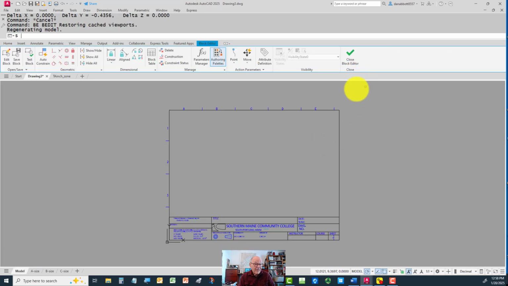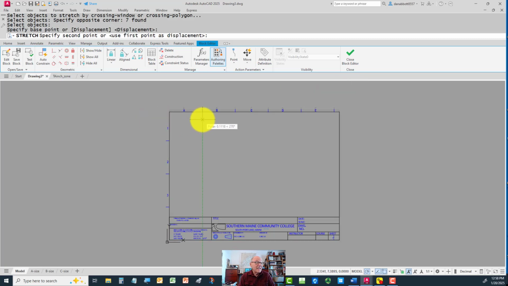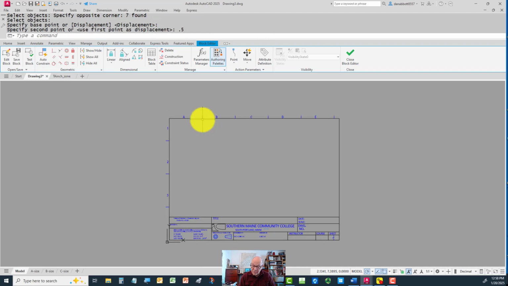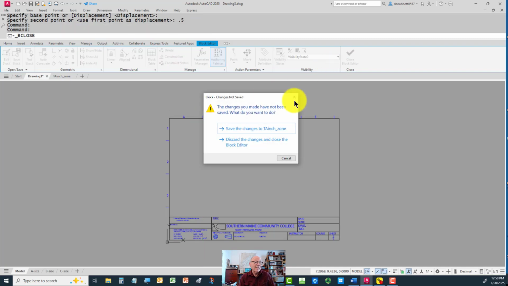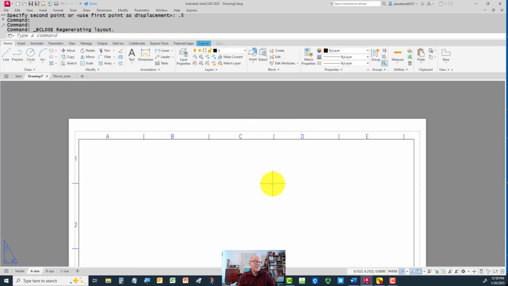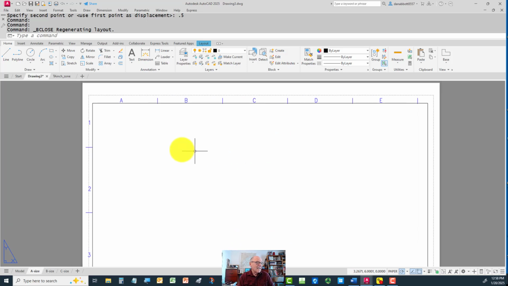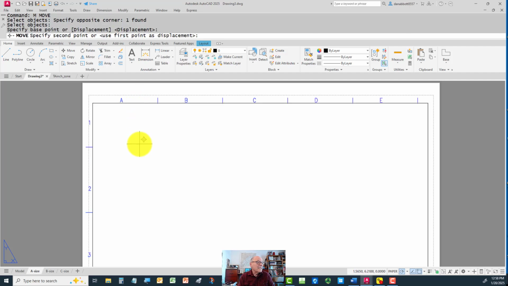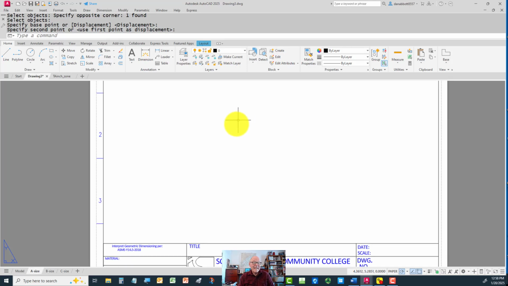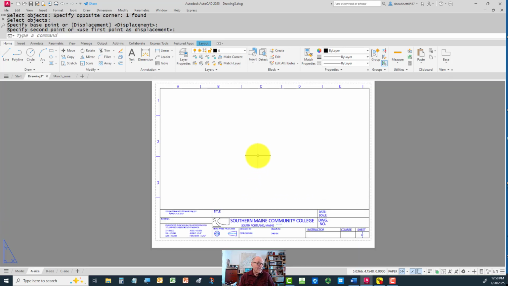I'm going to stretch this so that it fits into the shape, into the area that I want. We'll go 0.5. Close the block editor. Save the changes. Now they fit inside. This kind of comes outside a little bit, so we'll move this block over a little bit so it's centered again right there. So that now we know is going to print because it's inside the printable area, but just